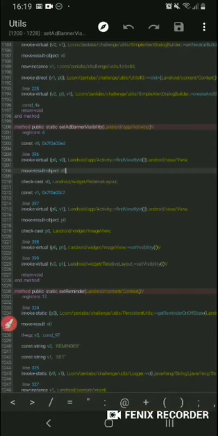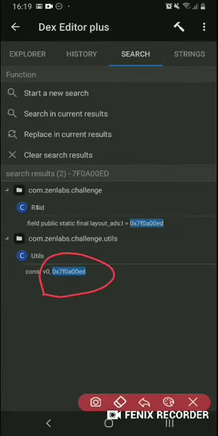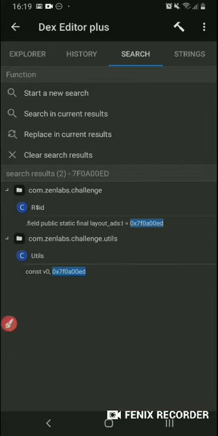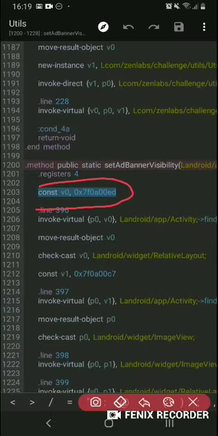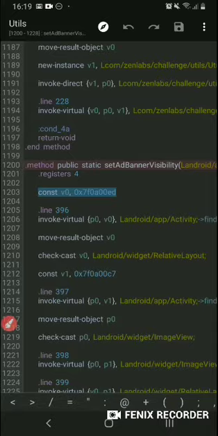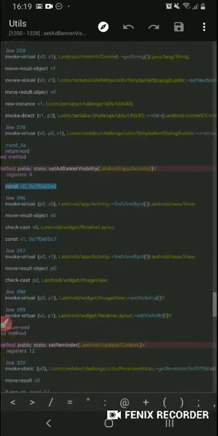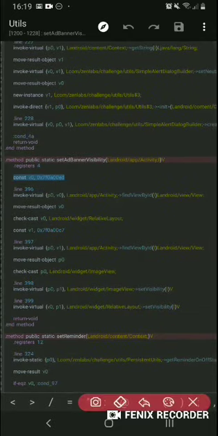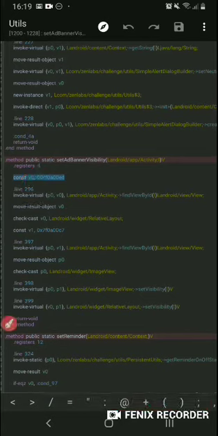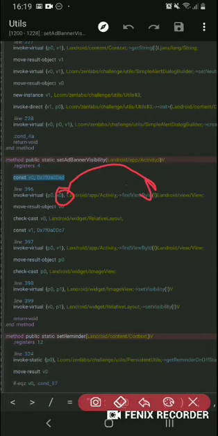So let's analyze this quickly. The code here, 7F0A00ED, is going to be called inside this function as the first constant. So this function says: first set V0 to this value, or this ID, layout ads, give it to V0 as a constant. Now I have it. Once you have it, this V0 will be the first input to the function inside, and this function is